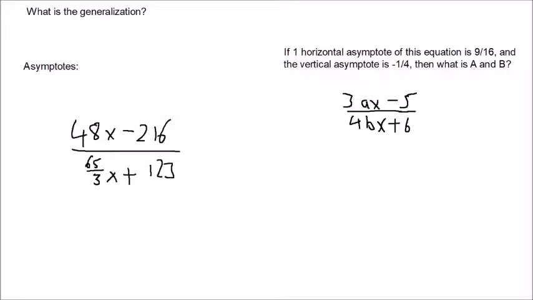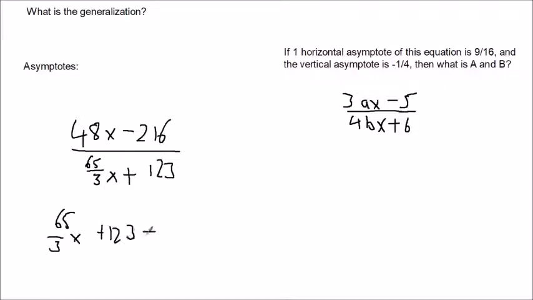Okay, so we have some practice problems. We only have 2 today because I'm kind of in a rush. We want to find our vertical asymptote. So the vertical asymptote is really easy, just